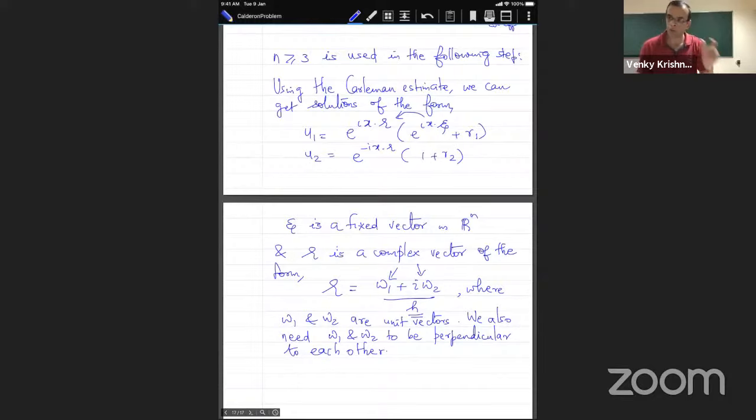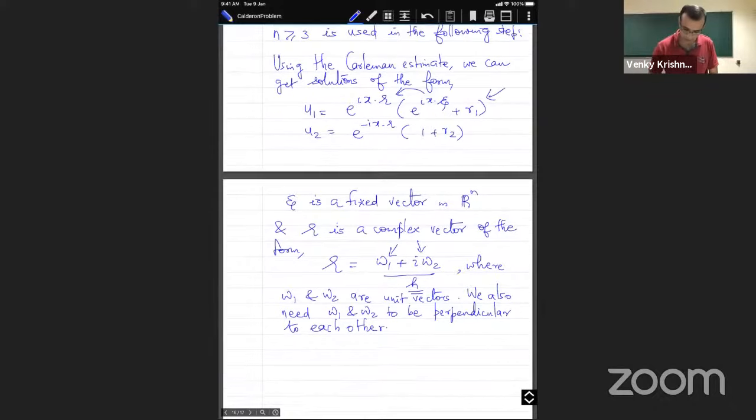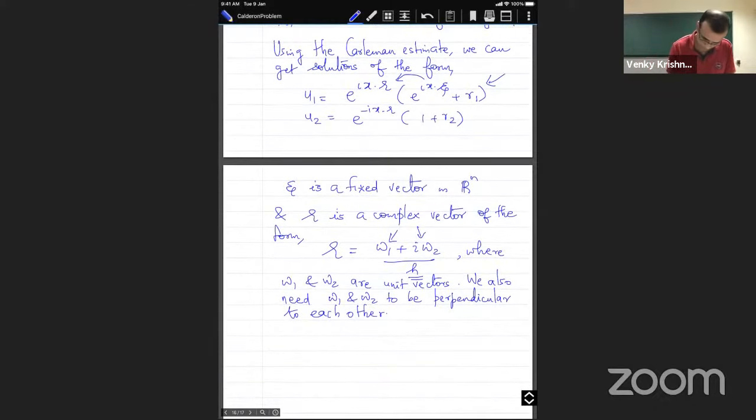Okay, so then it would mean that I need to construct 3 vectors which are mutually perpendicular to each other. But if I just put this e to the i x dot c as part of this particular equation, then I need to have one more condition for this to be a solution, because this is obtained by just substituting this back into the equation. So the condition that I would require is the following. Let me put this as star. So in order for star to be a solution,